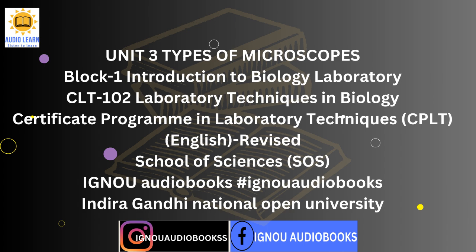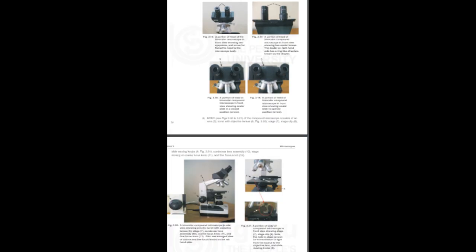2. Fig 3.16. The eyepieces, also called as ocular lenses or simply as oculars, are the lenses at the top of the microscope that one looks into. These are interchangeable. They are usually of 10x magnification value. Lenses of 5x, 15x, 20x and 100x magnification values are also available. The function of the eyepiece lens is to bring the image into focus. In some binocular microscopes, the two eyepiece lenses are movable sideways along ocular slide.